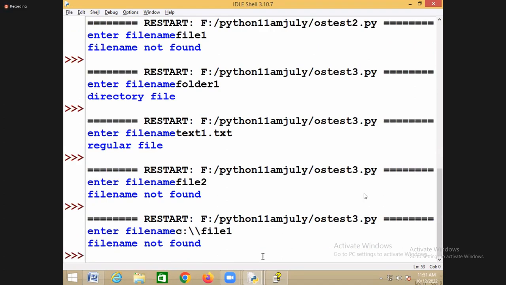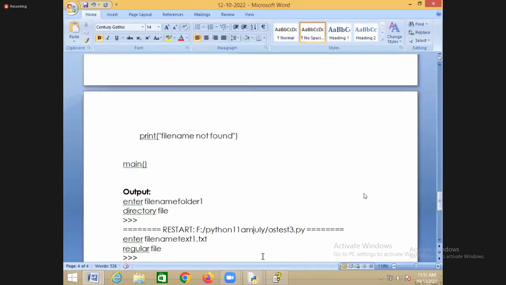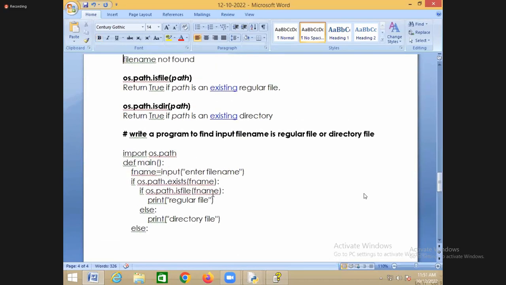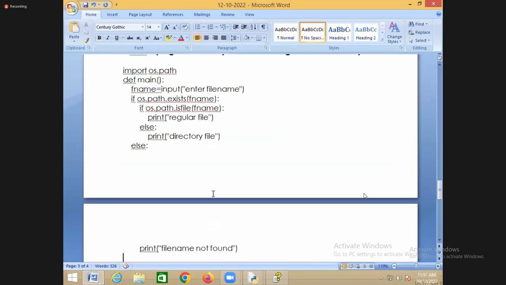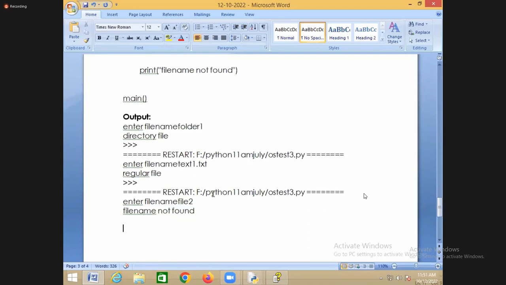What is the name here? File 1. Now, file name not found. Where is it not found? C drive. But if I don't give the path, then it will search in which location? Current location only. But if you want to search in a specific location, definitely you have to define the path. Okay, now, yes. Next is